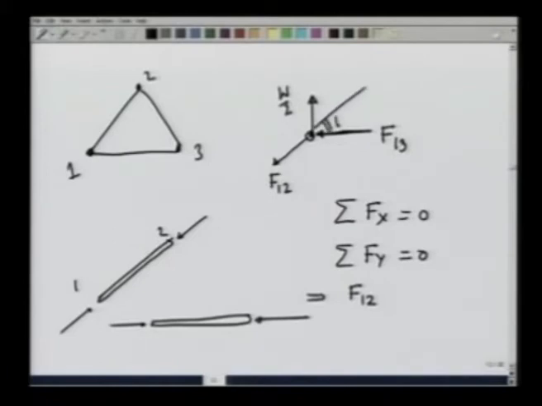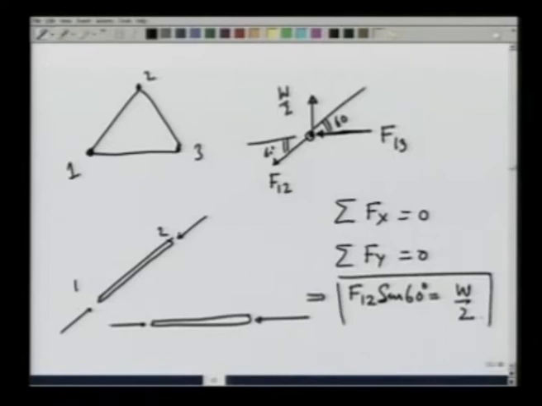This gives me that F 1, 2, this is 60 degrees, so it would be this. So, F 1, 2 sine of 60 degrees is equal to W over 2, and that gives me F 1, 2. Similarly,